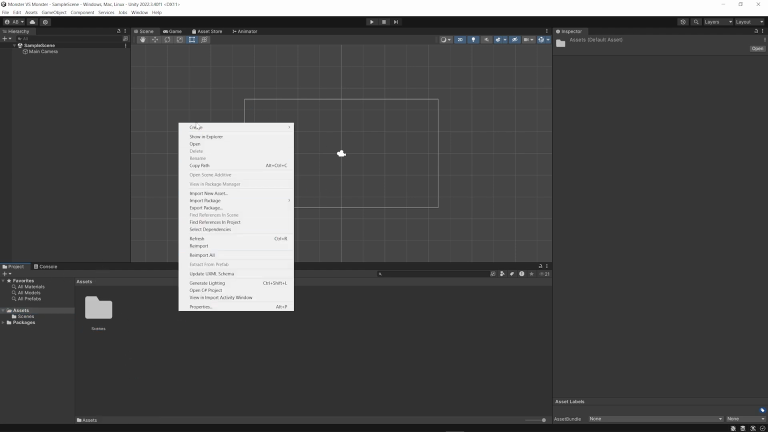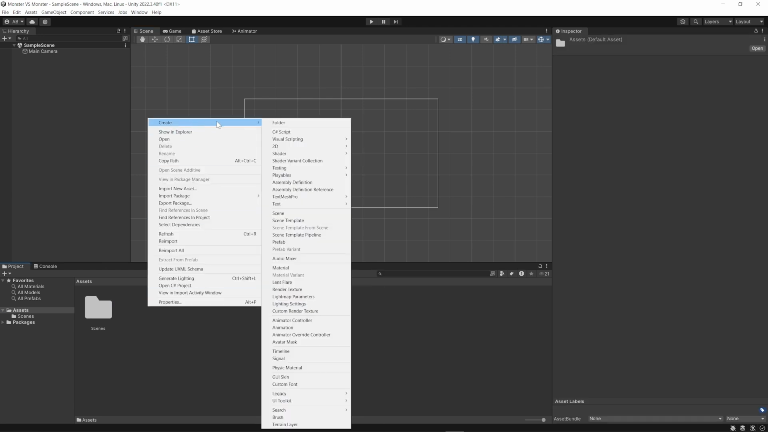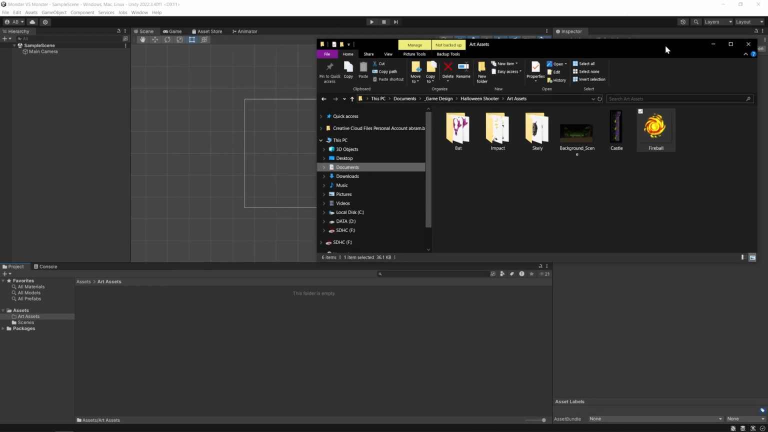All we're gonna do is right click and create a new folder. Right click, create folder, and I'm gonna call this our assets. I'm trying to think of a name that can be all encompassing. Now the first thing I'm gonna do, here I'll show this on screen, is drag this fireball in here,